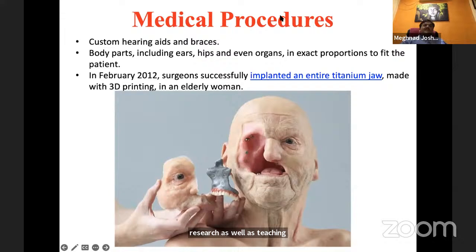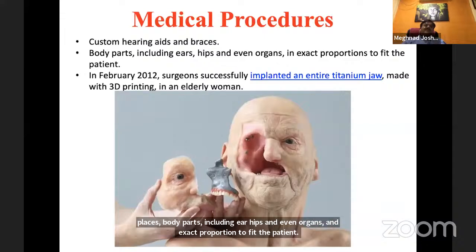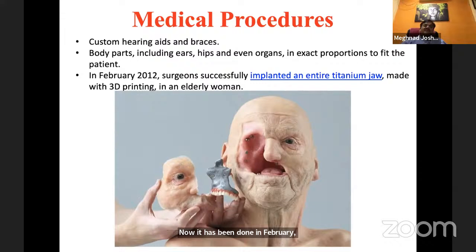So there are a lot of medical processes that are already in clinical reality. For instance, if you look at this picture, there have been developments of customized hearing aids and braces, body parts, including ears, hips, and even organs, in exact proportion to fit the patient. In February 2012, surgeons successfully implanted an entire titanium jaw made with 3D printing in an elderly woman. You could actually see,